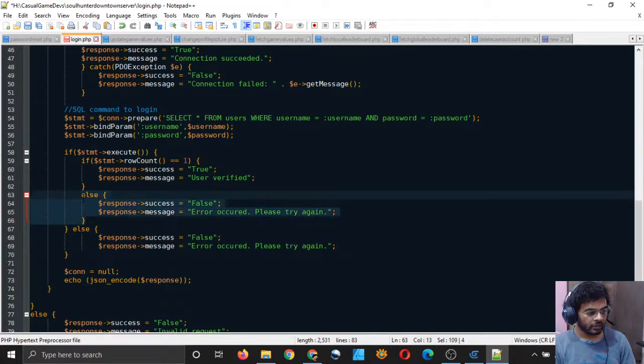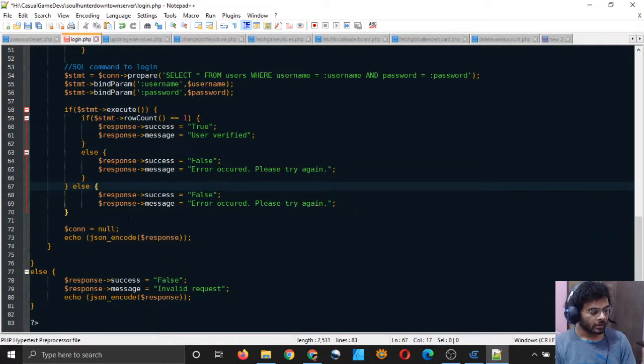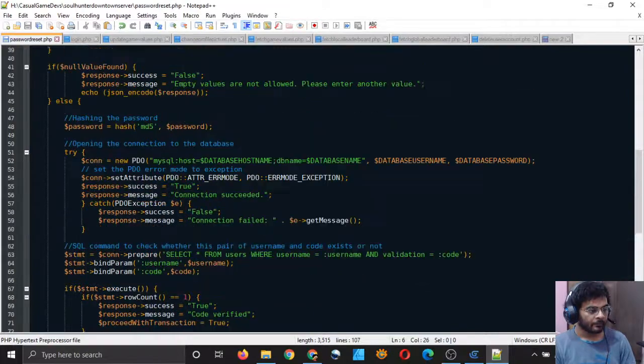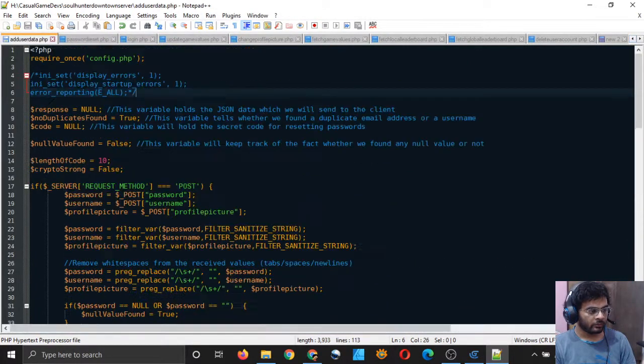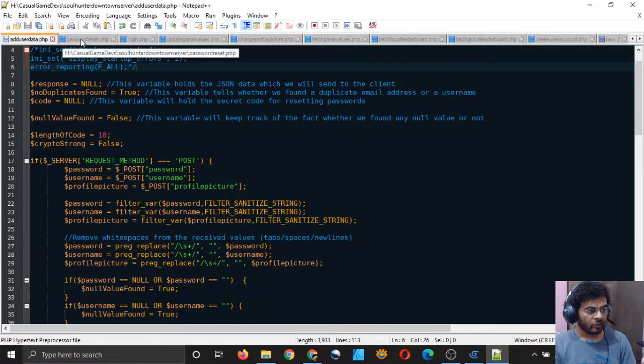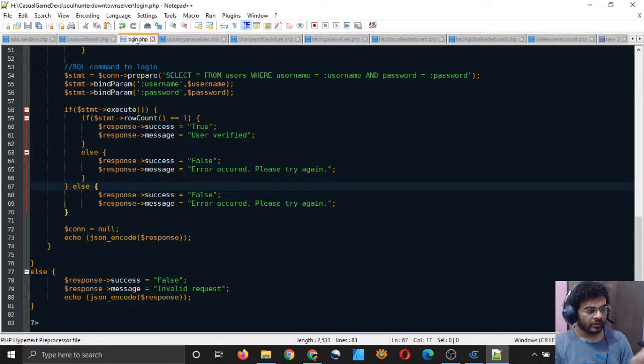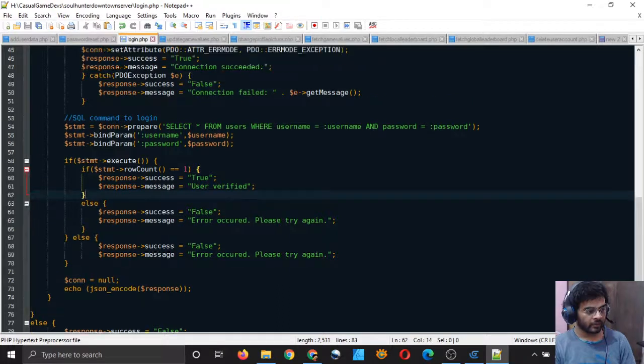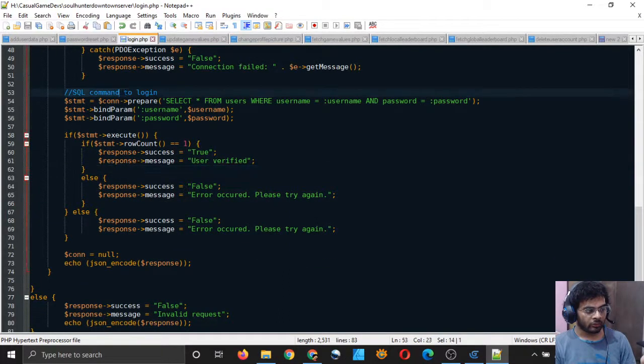So that's important. So error occurred, please try again. So I think I will have to add this block of code in every file where I am putting the login functionality. So I guess you will have to do that as well. It's not present in user add user data or password reset. It's present in files after the login.php file. I mean files which we have created after creating the login.php file. Only in those files the login script is present. So just copy this small block and paste it right here in every script inside the block SQL command to login. In this block you have to do that.